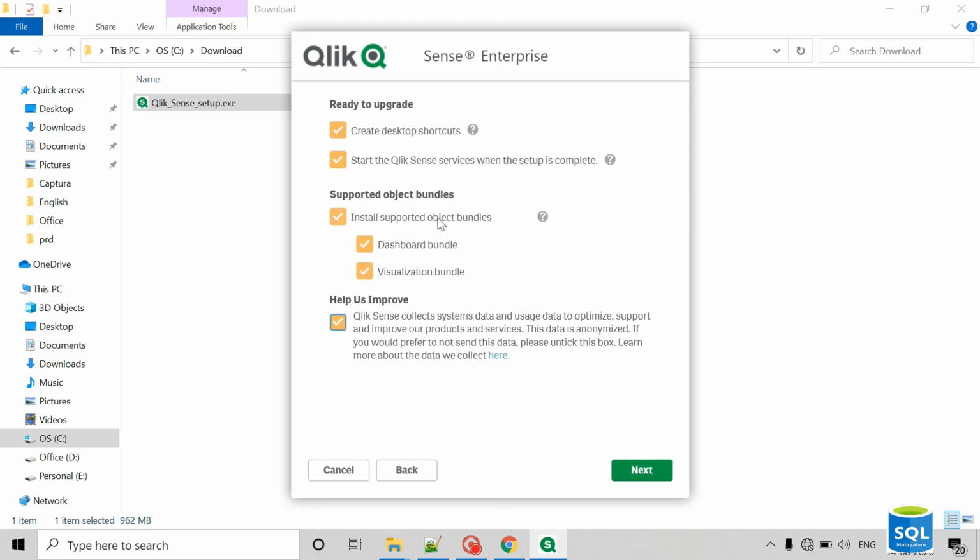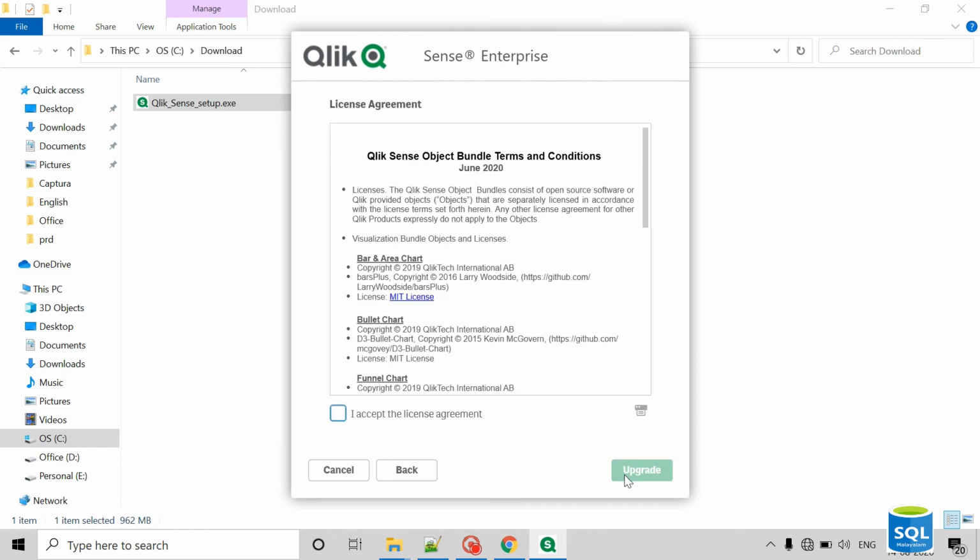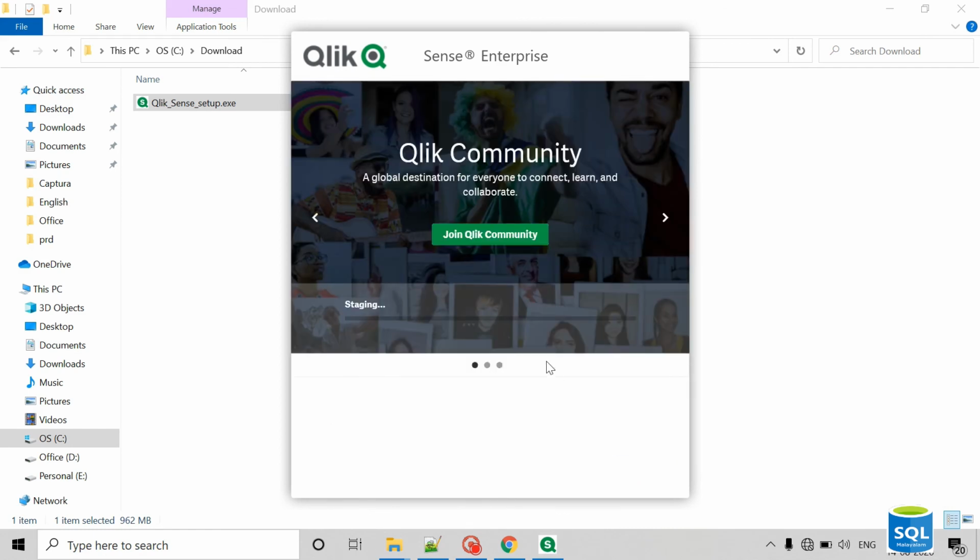These are the default settings that we need to configure, like shortcuts or services which we need to start after the installation, and we can go with the default ones and click on next. Then select the license agreement. Click on upgrade. Yeah, it started the upgrade process.